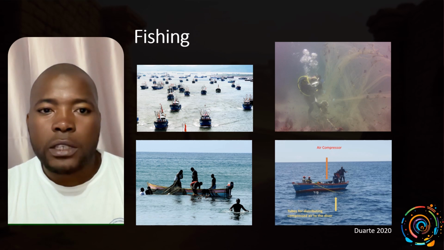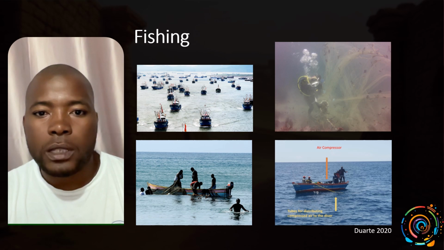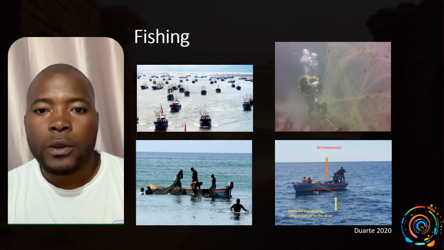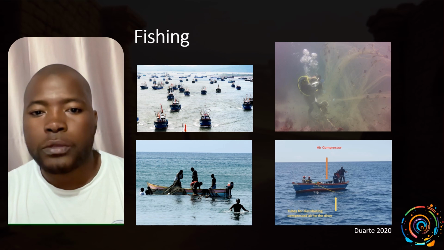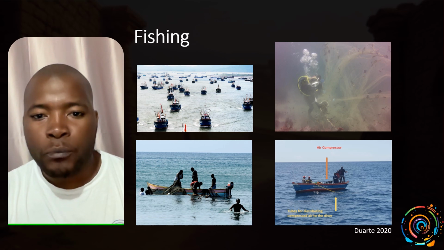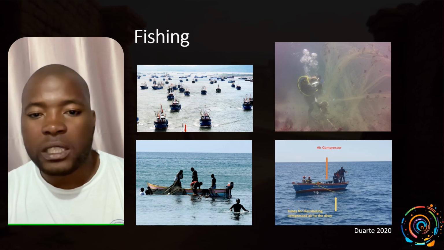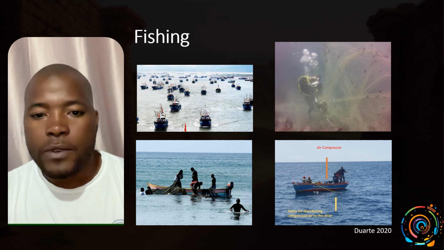Fishing, industrial fishing is also one of the main threats here. As we can see, there is in one of the pictures here, there is this big net that was found entangled in one of the remains of a wooden shipwreck in Mozambique Island, more specifically. But we also have different kind of local fishing, especially this one that was really harming not only to shipwrecks but also to the marine biology there, because we can see here this is a fishing that is done with the air that is supplied straight to the diver that is underwater, and he's picking anything that he sees in front of him.